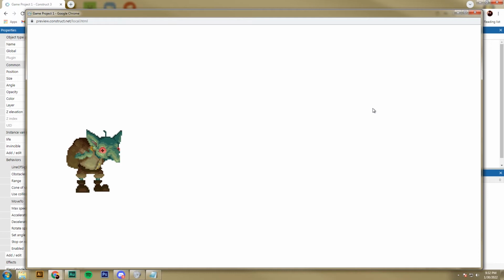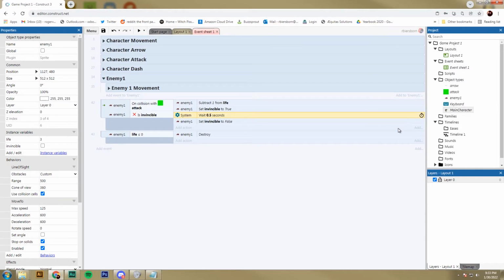You could make an animation for it. You could have numbers pop up on the screen that says like -1 or whatever. What we're going to do is we're going to make our enemy flash for a second. And we're also going to make our enemy get pushed back a little bit. We call that knockback. Knockback is when something gets knocked back when you attack it. But let's start by just making our enemy flash. That's a simple thing. And I think it does help kind of communicate to the player that the enemy is